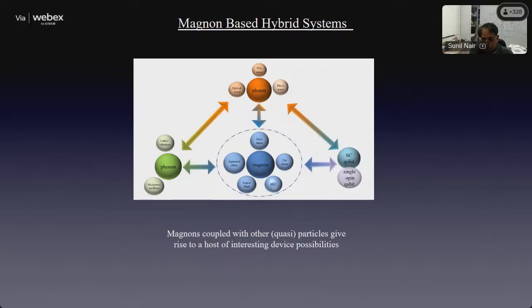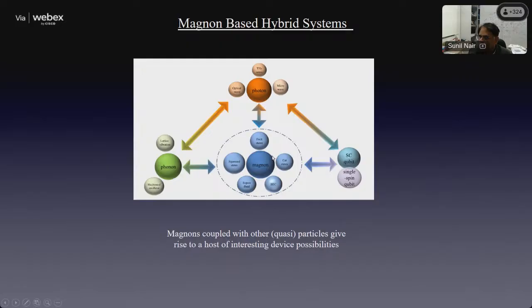So this was about purely magnon-driven systems. Another real interest when it comes to quantum technologies is magnon-based hybrid systems. Magnons, as I said, interact relatively weakly with their surroundings as compared to charge carriers or charge currents. However, their interaction is not zero, and so magnons can interact with other quasi-particles. They can interact with phonons, with photons, and also with whole superconducting qubits.